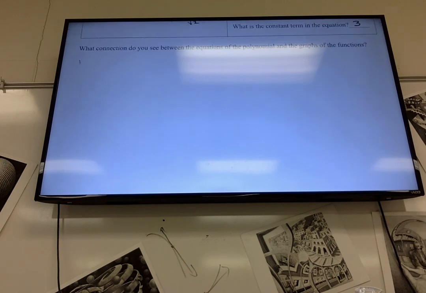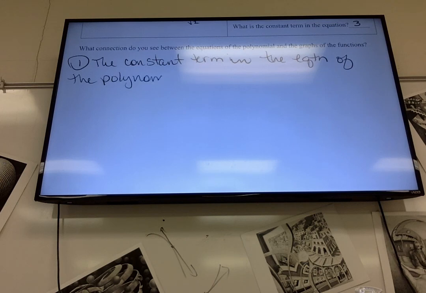All right, so first, we know that the constant term is what? Of the equation. Y-intercept. Yeah. The constant term in the equation of the polynomial is the y-coordinate